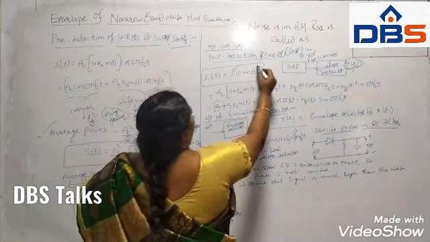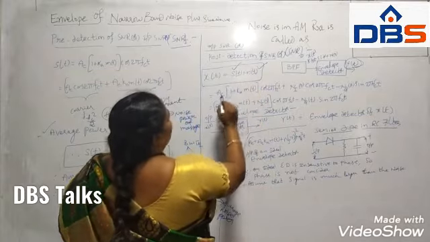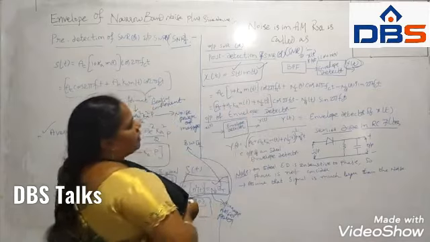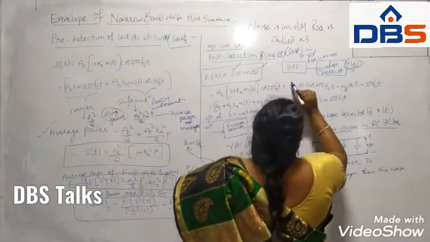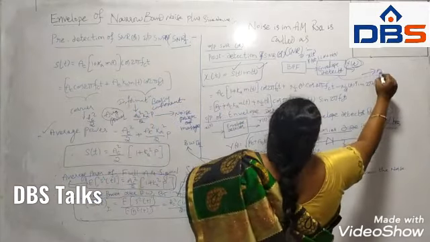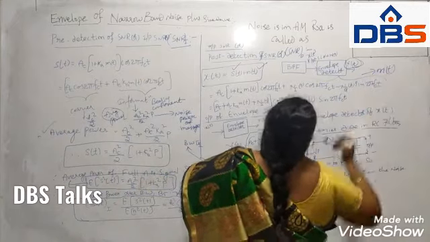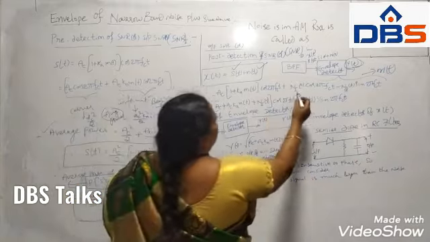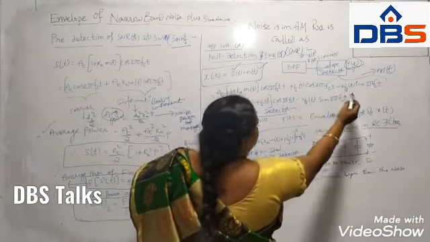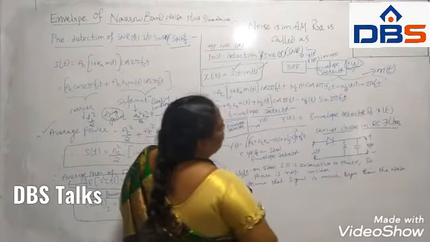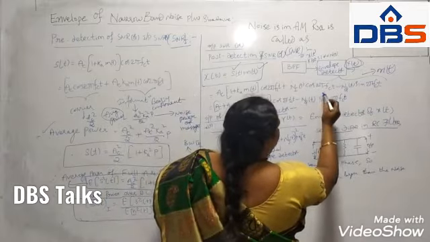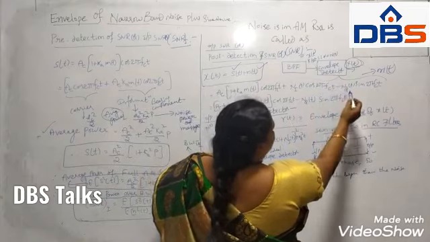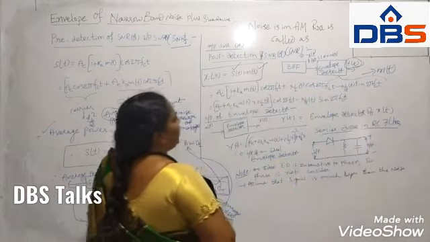We know the S of t and N of t. So S of t is equal to AC into 1 plus Ka M of t cos 2 pi fct. So this is the N of t. Already we defined in the last class, the noise function is Ni of t, that is the in-phase component, minus the quadrature component. So that I substitute here: Ni of t into cos 2 pi fct minus Nq of t into sin 2 pi fct.